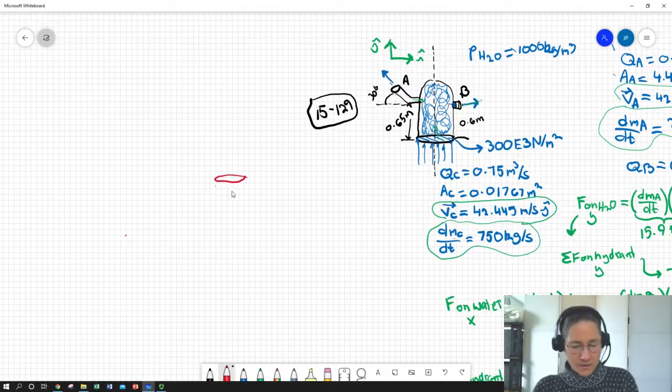We can FBD the hydrant now and say that we have force at B, and we've got resolved force AX,